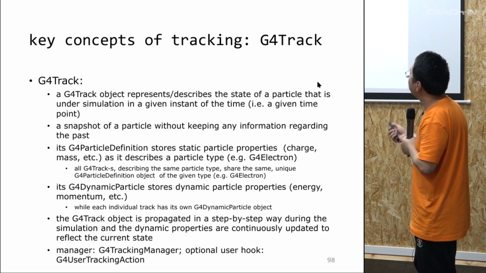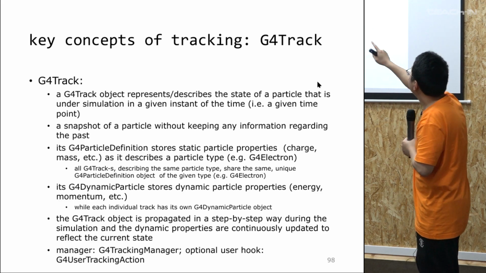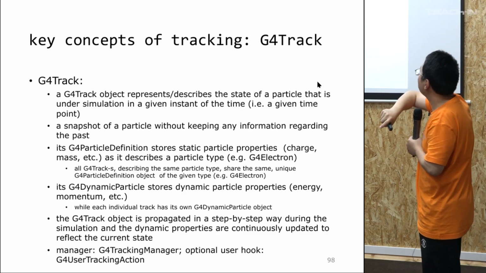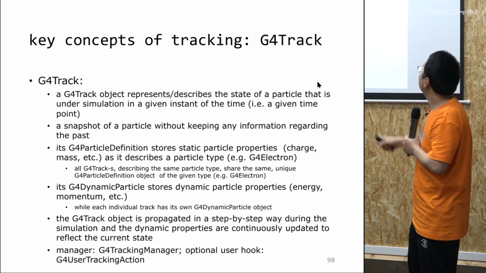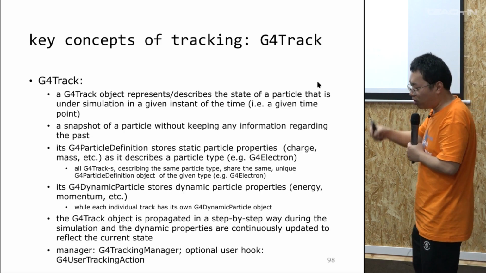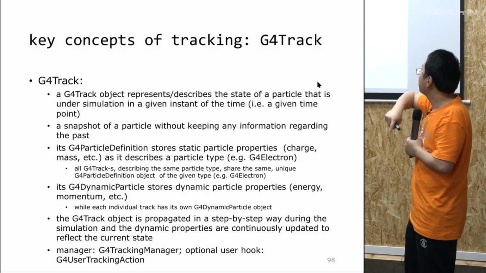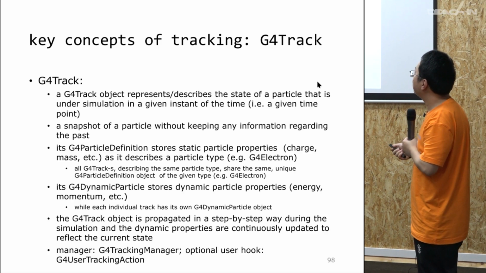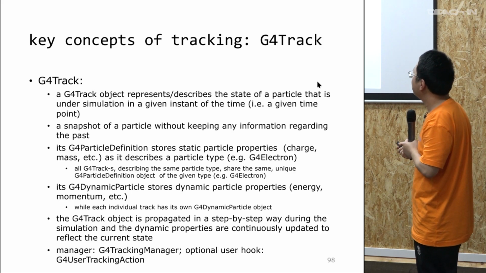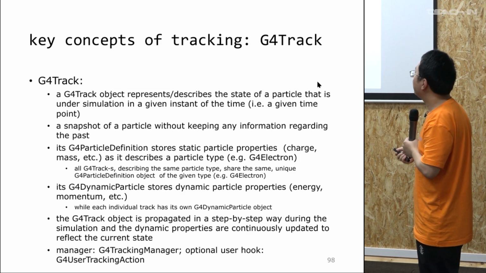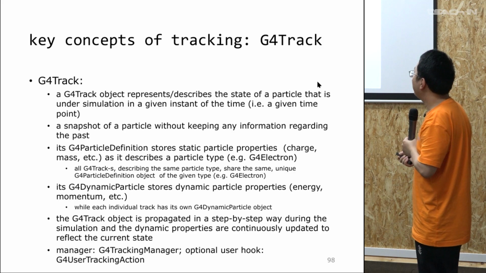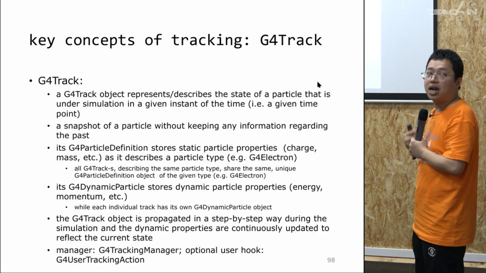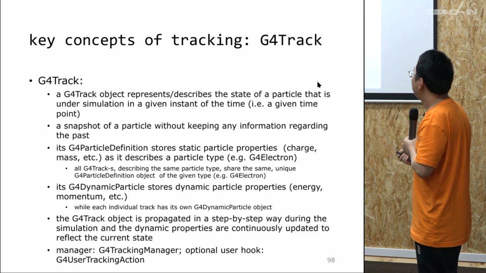As we also mentioned, the Geant4 track represents the particle, and it describes the whole state from when the particle is born to when it dies, the whole story of this track. From this Geant4 track, you can get a lot of information. For example, you can know what this track is from the particle definition, and you can also get some dynamic information like its current energy, its momentum, and